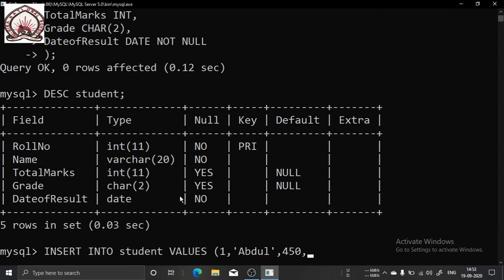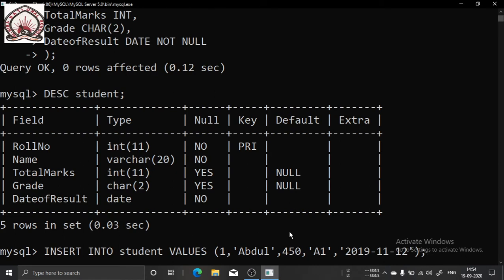Grade is char of size 2, so I am giving it within inverted commas, say A1, then again comma, then date of result. Suppose I am giving a date, say 2019, then month, 11 is November, and date say 12. Then I am closing the inverted comma, then closing the bracket and giving a semicolon.